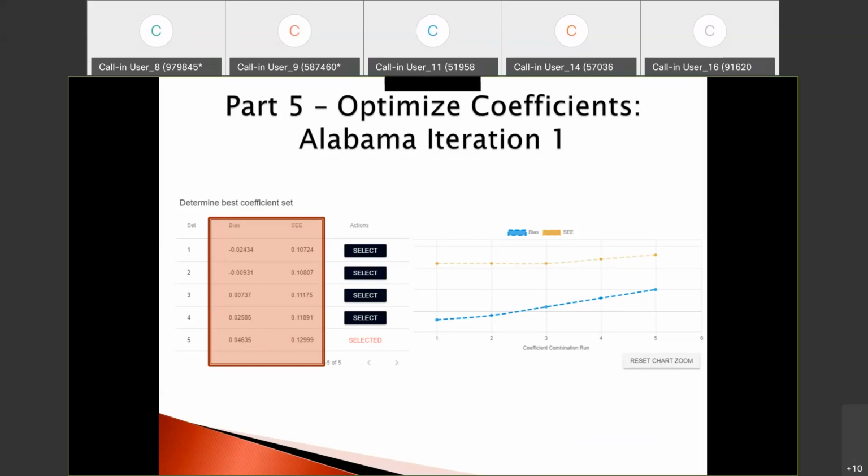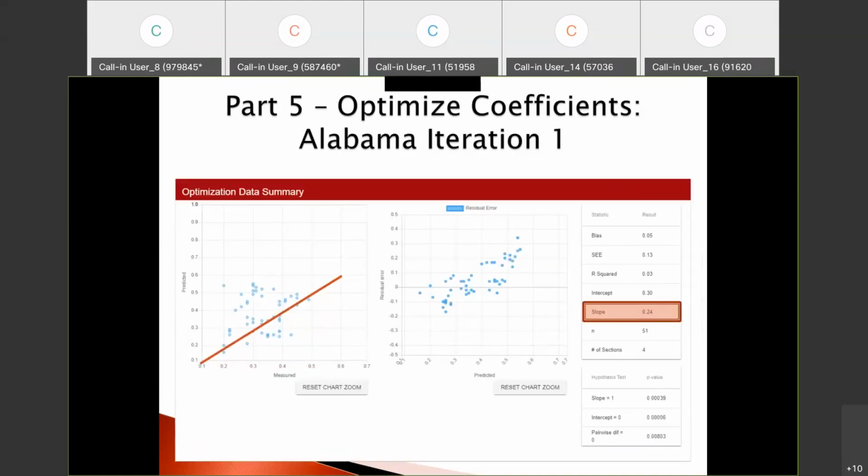Once you've removed the systematic bias, you can actually see that here, I think this bottom line is the zero value. So you can see between sets 1, 2, and 3, it crosses that zero bias value. So you could further refine based on between those two sets. But what we'll see when we look at our measure versus predicted and our residual error, we see that we still have that systematic bias, and that was not removed by just